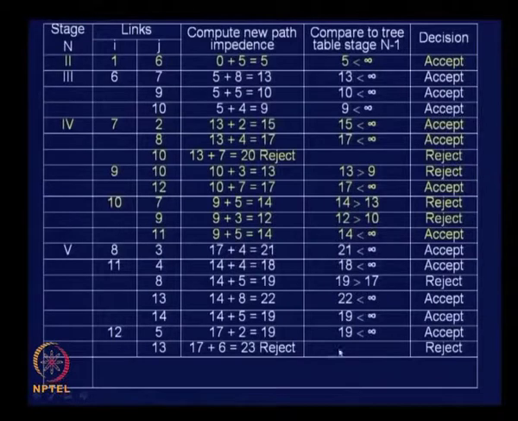So, we accept it, and then to reach 14 from 11, 14 plus 5, 19, 19 is less than infinity, we accept, and then to reach 5 from 11, 17 plus 2, 19, less than infinity, we are accepting. These are all new paths. And 12 to 5 is what we saw, is 17 plus 2, 19, less than infinity, we accept, and then 12 to 13